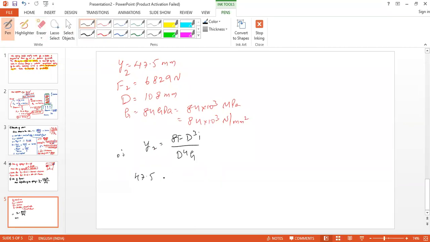So 47.5 is equal to 8 into 6829 into 108 cube into i, that divided by 18 to the power of 4 into 84 into 10 power 3. Therefore, i is equal to,